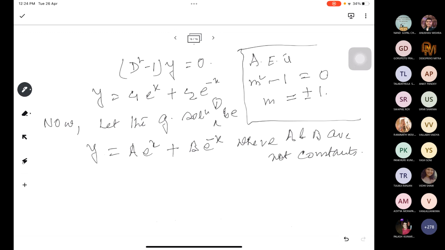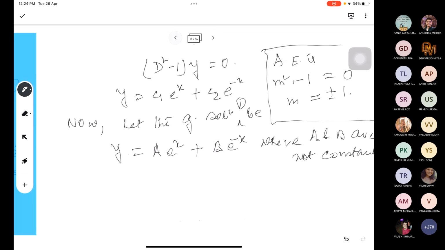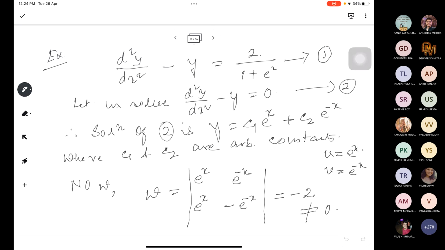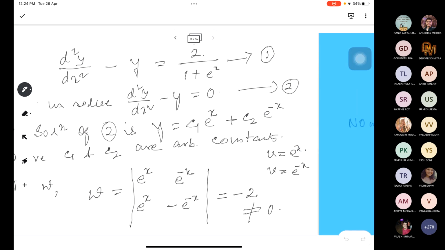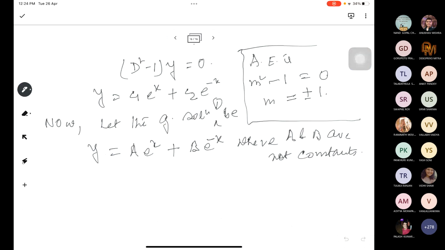Here we have already found the Wronskian determinant, W is not equal to 0. So we write directly that a and b are given by